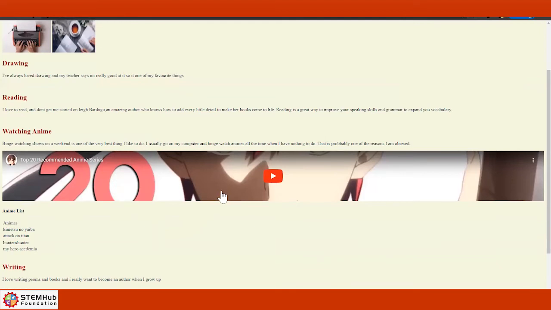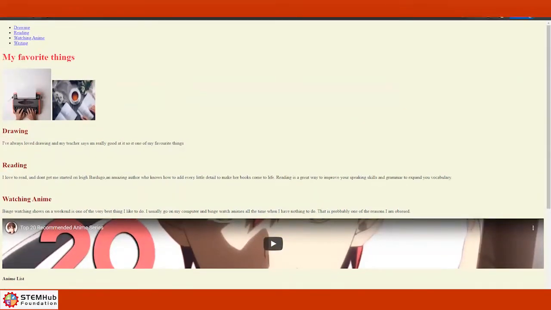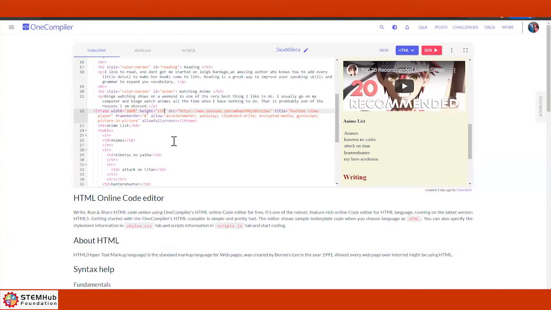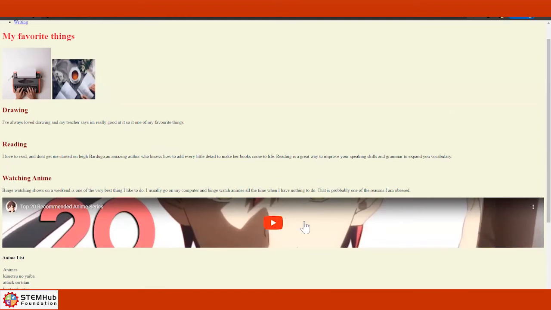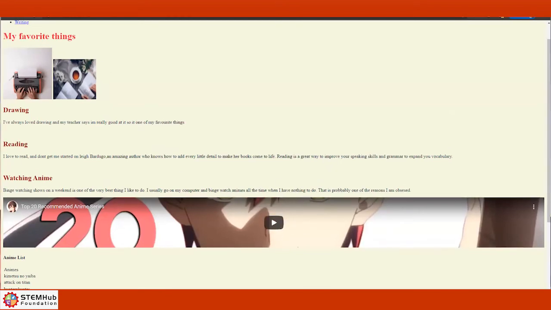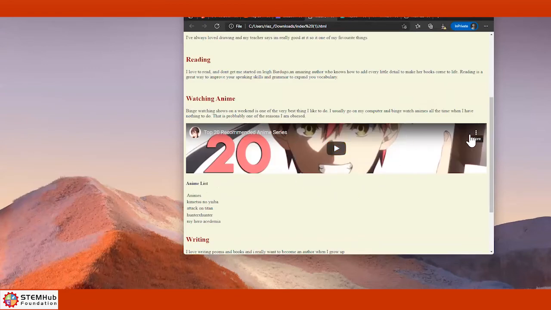Now change the width of your screen though. Try and make your screen smaller, not the screen that you just opened up, index. Minimize your browser to see if you change the width of the screen, whether it follows or not. See, it changes size based on the size of the screen. So that's what's called responsive design. That's the beginning of responsive design, where the size of the image changes based on the screen. So when you're developing for mobile phones, you want to do responsive design, so the size of your images changes based on whatever device the person's coming from.